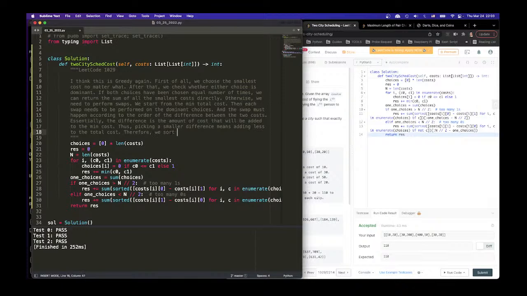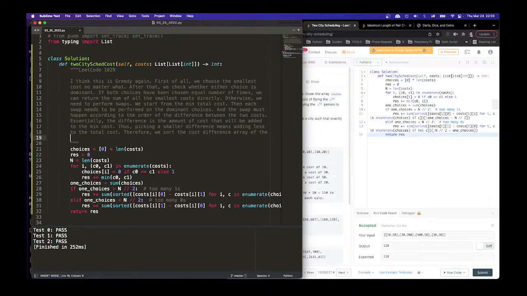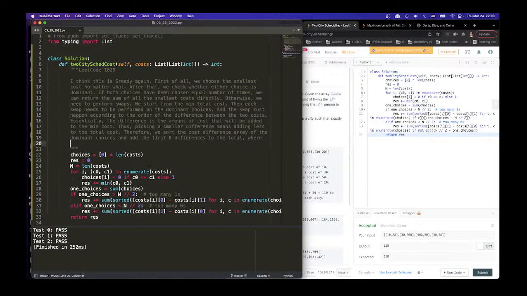Therefore, sort the cost difference array of the dominant choices